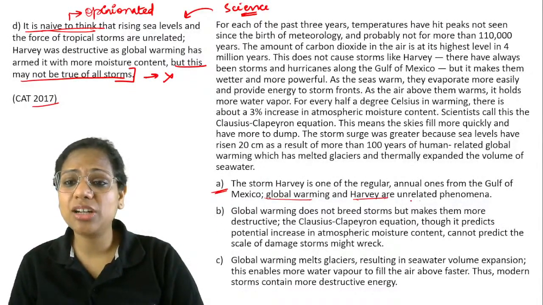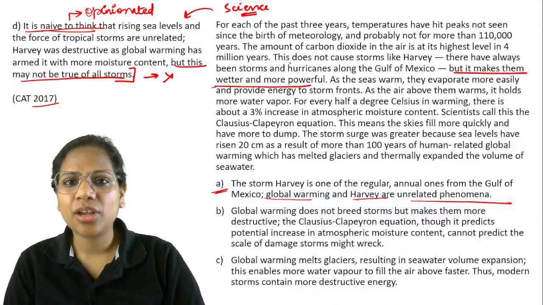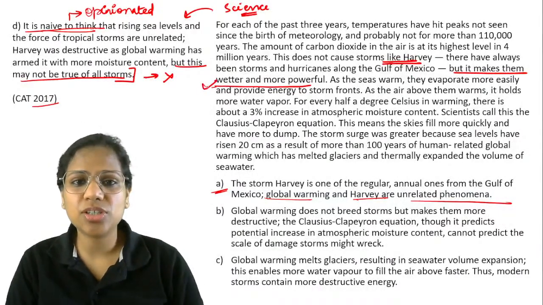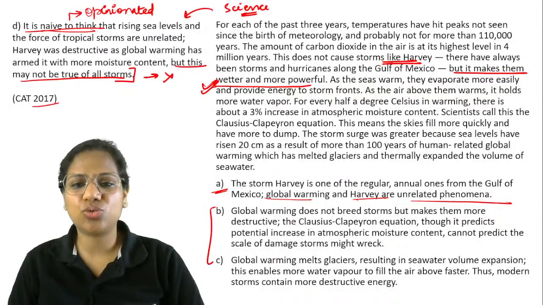Global warming and Harvey are unrelated phenomena. No, they have a relationship. See this relationship. So global warming, basically what is it doing? It's making these storms like Harvey wetter and more powerful. This was a very important point of the paragraph. Now, between these two,